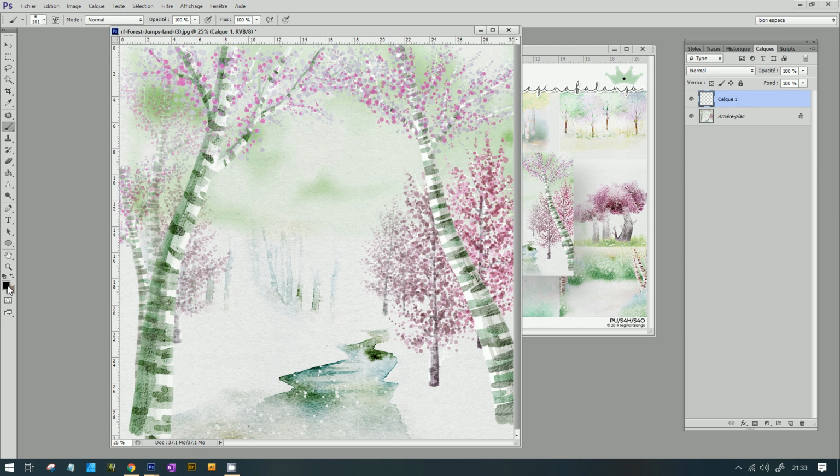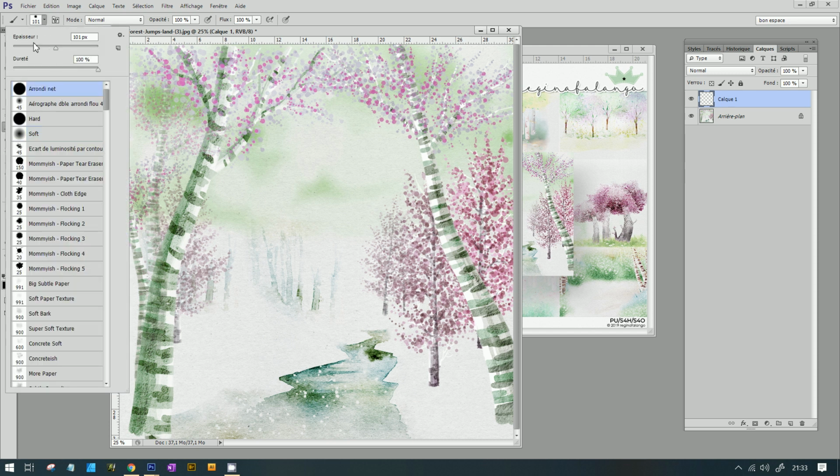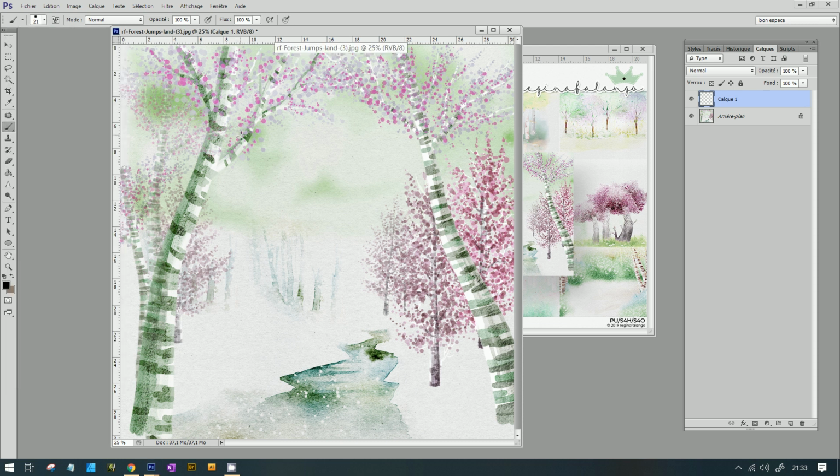Choose a black color to see your draw and choose the brush you want, if you want to create little detail or large, and you start to draw. It's easier with a stylus and graphic tablet than the mouse, but I'm going to show you how to use these glitters more easily.